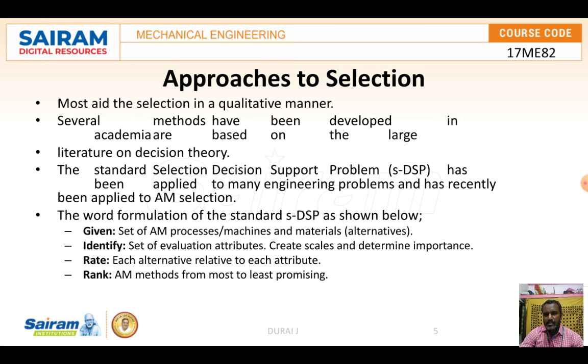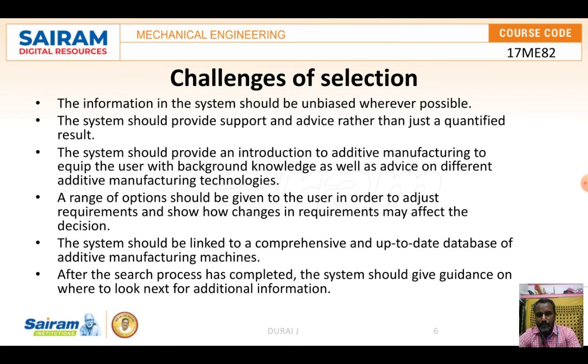The word formulation of standard decision support problems is shown below. Given a set of AM processes, machines and materials, identify a set of evaluation attributes, create scales, determine the importance, rate each alternative relative to each attribute, and rank AM methods from most to least preferred.